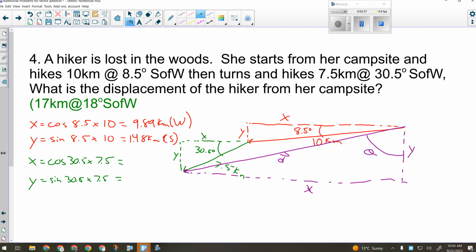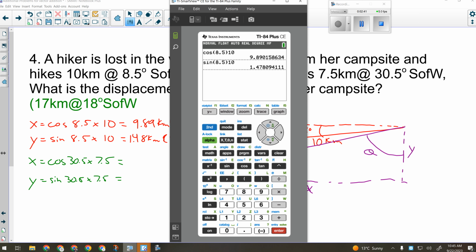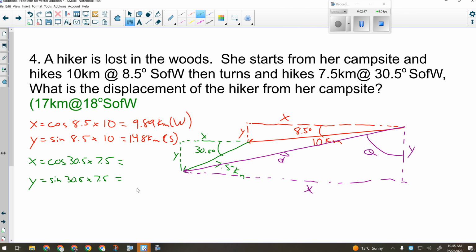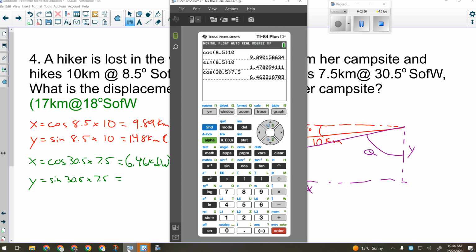And then for our green triangle, cos of 30.5 times 7.5 gives us 6.46 kilometers west. And sine of 30.5 times 7.5 gives us 3.81